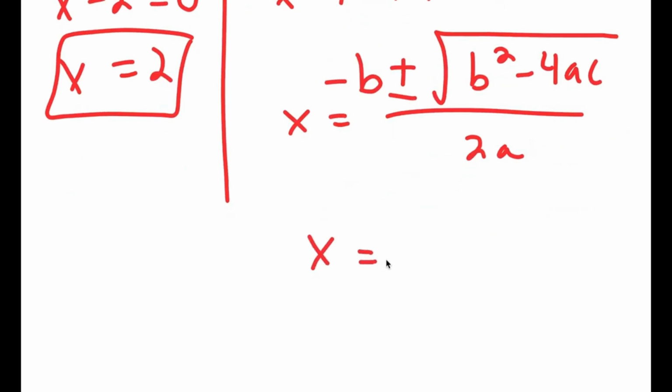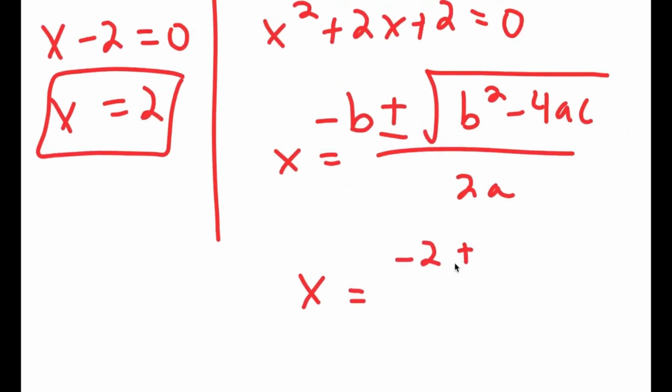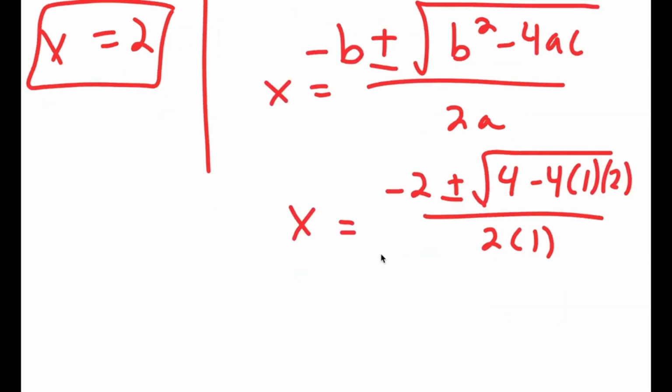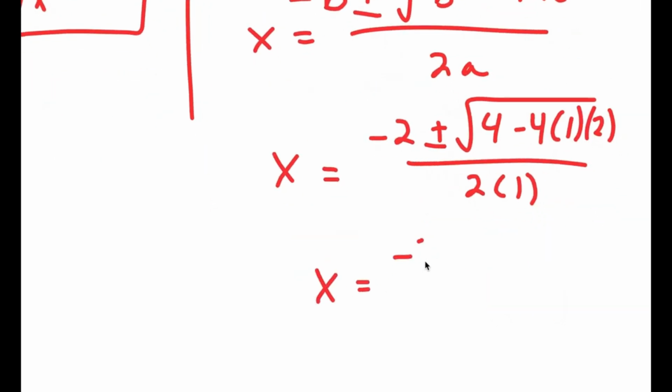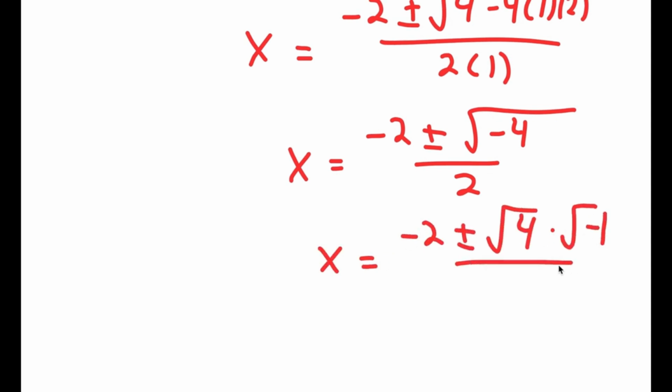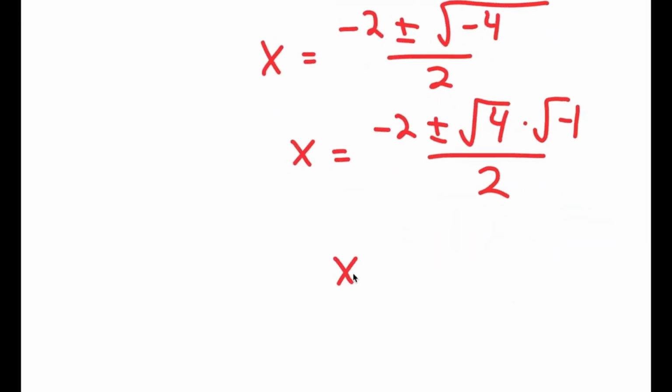So I get x is equal to negative 2 plus or minus the square root of 2 squared, which is 4, minus 4 times a, which is 1, times c, which is 2, all over 2a, so 2 times 1. And now this is equal to negative 2 plus or minus the square root of 4 minus 4 times a, which is negative 4, over 2, which is equal to negative 2 plus or minus the square root of 4 times negative 1 over 2, which is equal to negative 2 plus or minus